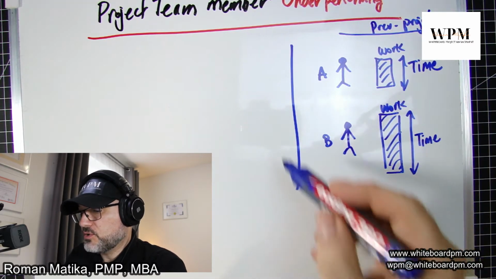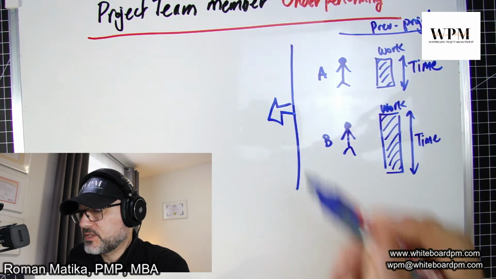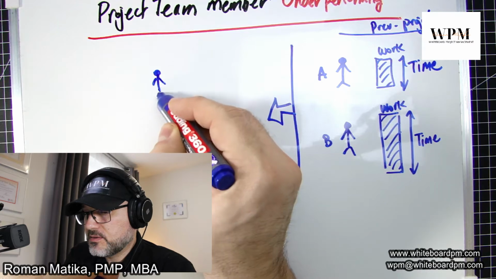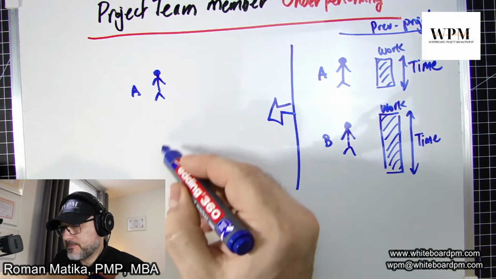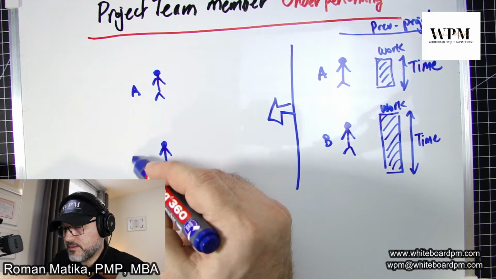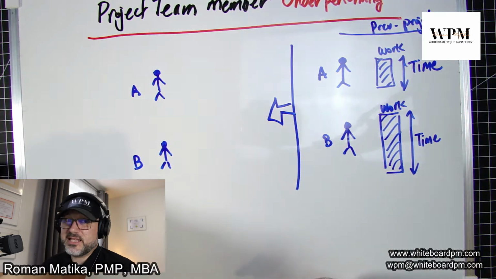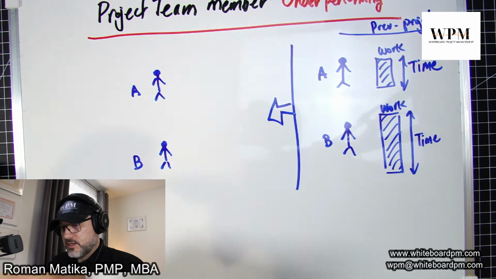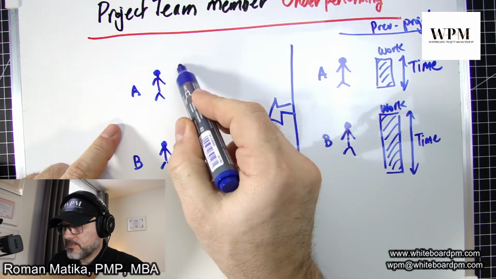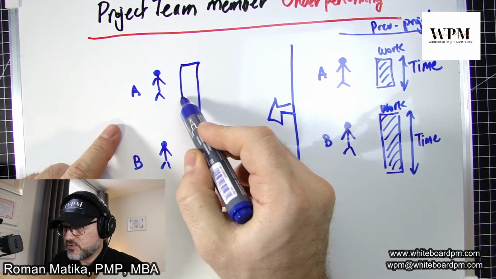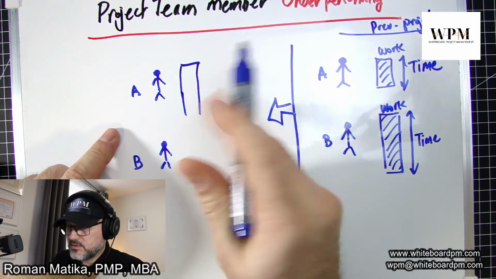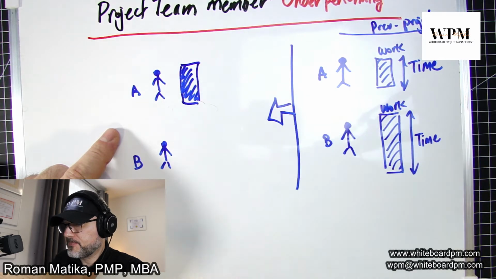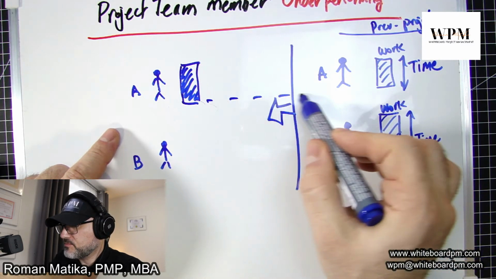Now you come to your project and you can see that A and B are performing differently. Person A is performing the same amount of work as before,